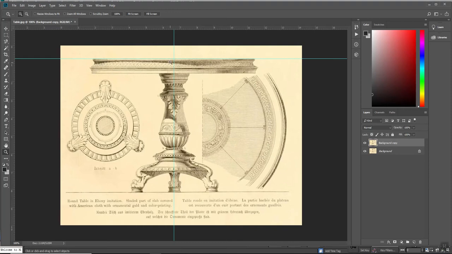Now this table is made up of this upper portion here, the main table. You have the pedestal coming down, and then it has these individual legs. You can see the arrangement for the legs over here on the side. So what I'm going to do now, now that I've rotated it, is come over to the